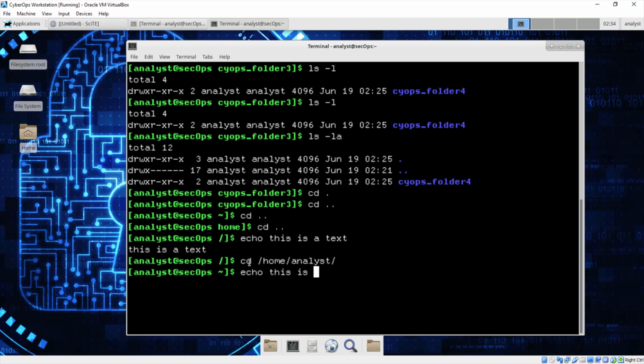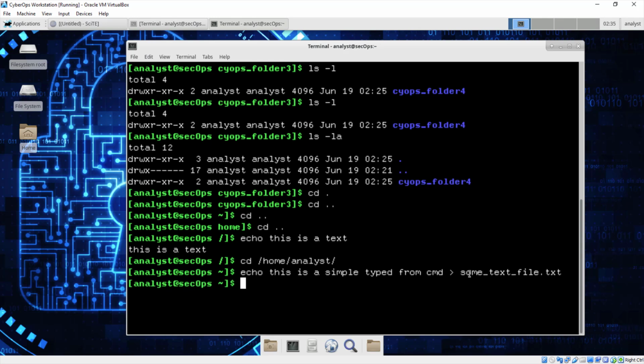I will now redirect this to some_text_file.txt. So this echo command will echo this statement to a file some_text_file.txt. Basically I'm creating a new file called some_text_file.txt. So if I enter this,